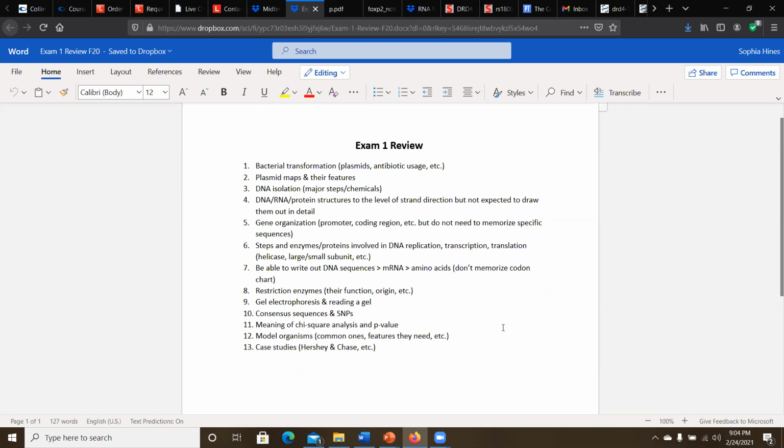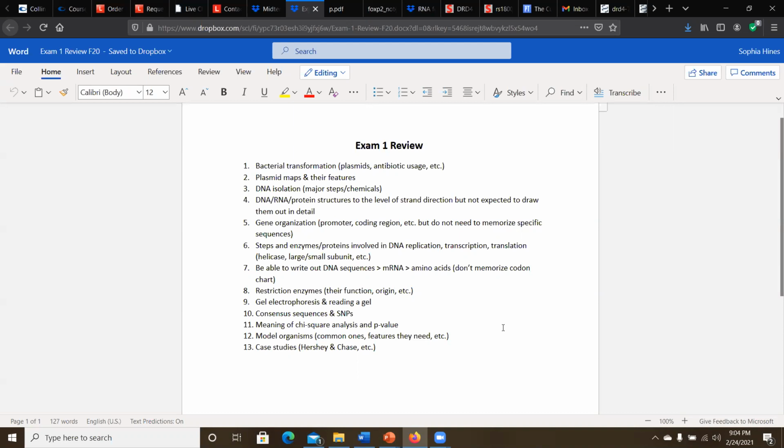But just promoter, coding regions, because it's different for transcriptional start site versus translational start site. And I'm going to ask you some questions. It's like a true false question. And if it's false, you need to correct the wording to make it true. So if I say transcription starts at the start codon, you need to be able to cross out transcription, say translation starts at the start codon, something like that.